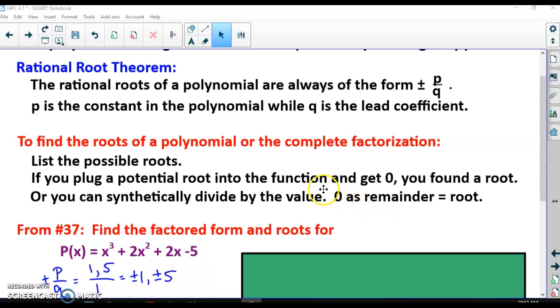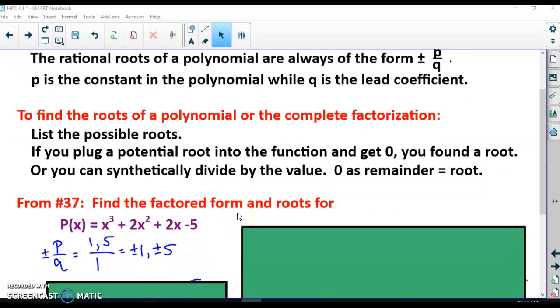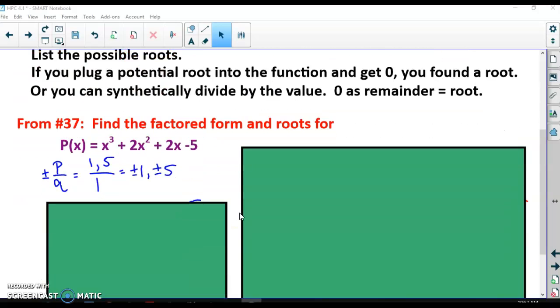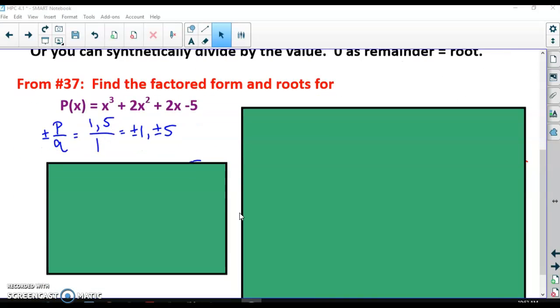So let's go through the example from problem number 37. Let's find the factored form and the roots for p of x equals x cubed plus 2x squared plus 2x minus 5. So according to the rational root theorem, we're going to find our values of p and q. P is the 5 that sits out here at the end. Q is the 1 that's in front of the x cubed. So the factors of p are just 1 and 5. The factors of q, just 1. So the only possible candidates we have are plus or minus 1, plus or minus 5,